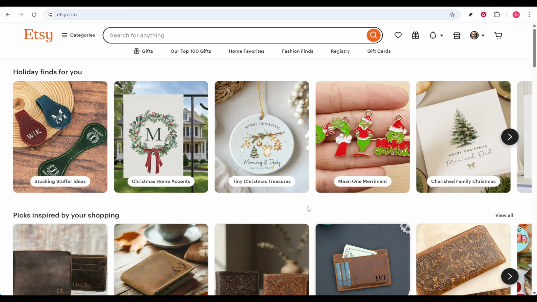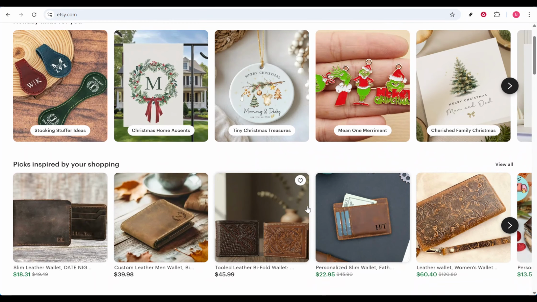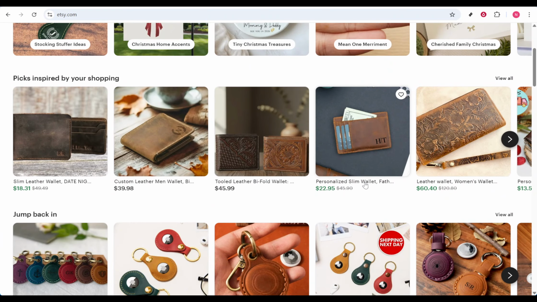Start by opening your web browser and going to Etsy.com. You can do this on desktop or mobile. The process is the same. Browse or search for the item you want to buy, then click into its product page. You'll want to be on the full listing page where you can see photos, price, variations like size or color,